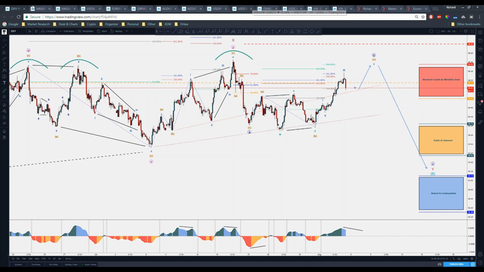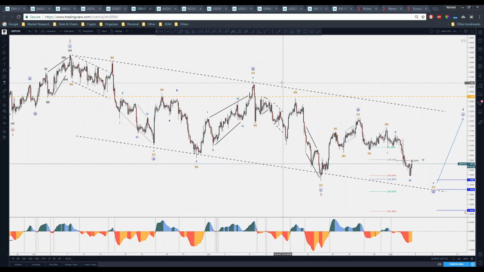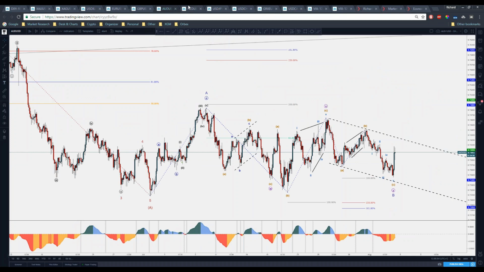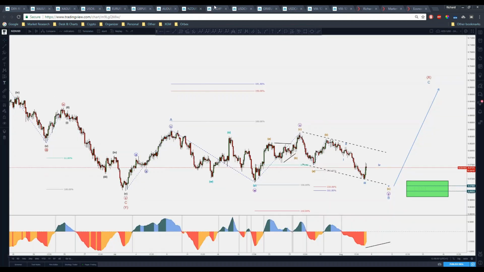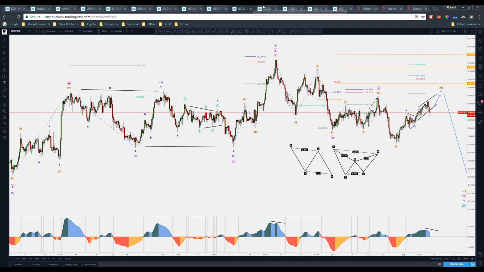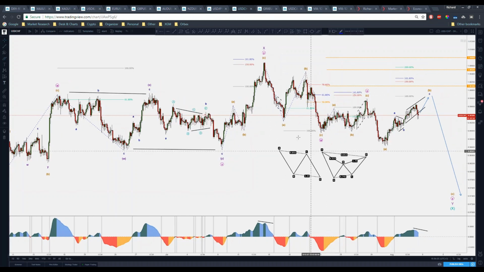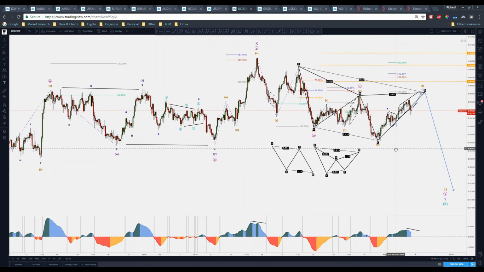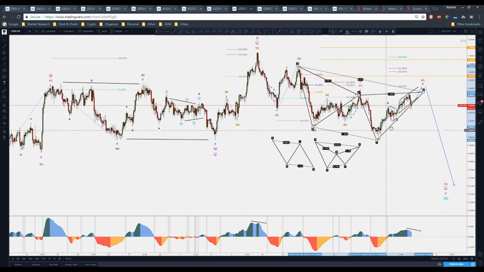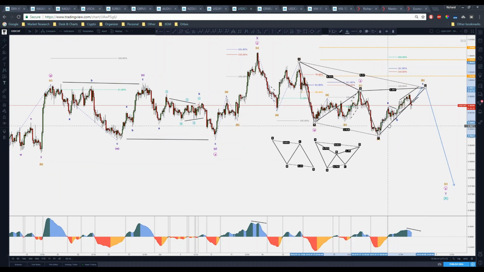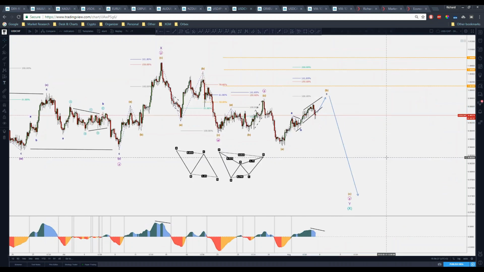So, let's just continue with the analysis. We went on the Aussie dollar, and let's go Kiwi. We went to the same thing. Dollar yen, USD Swiss. There are some harmonic patterns here. We have an AB equals CD right there, and also a bearish bat right there. But if I do this, let's say this could be a harmonic as well, which could point to the downside. So you guys see how these things actually link together.